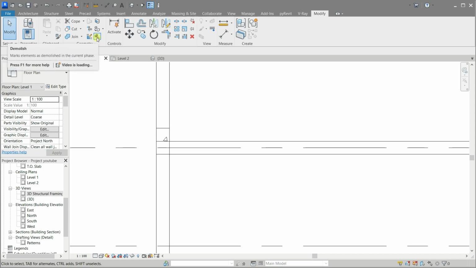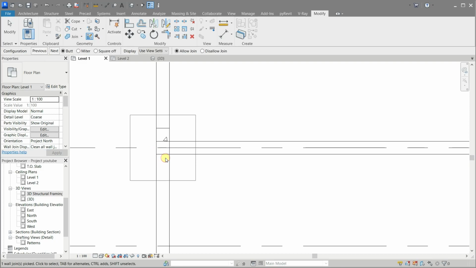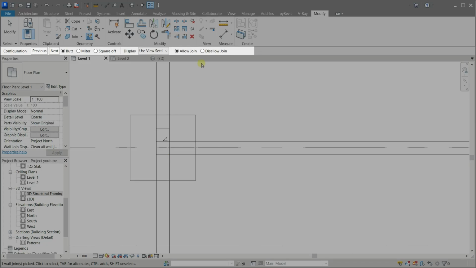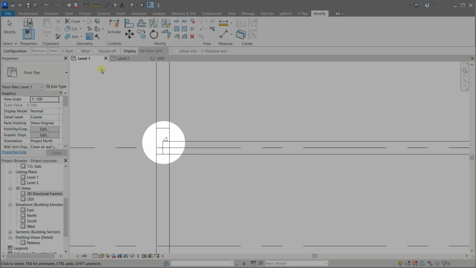Use the Wall Joints tool for this purpose. Click it, and when you see the square in the joint area, choose the Disallow Joint option. Now the walls are set free and can be moved where you like without joining. You'll need to press Escape to leave the Wall Joints tool.